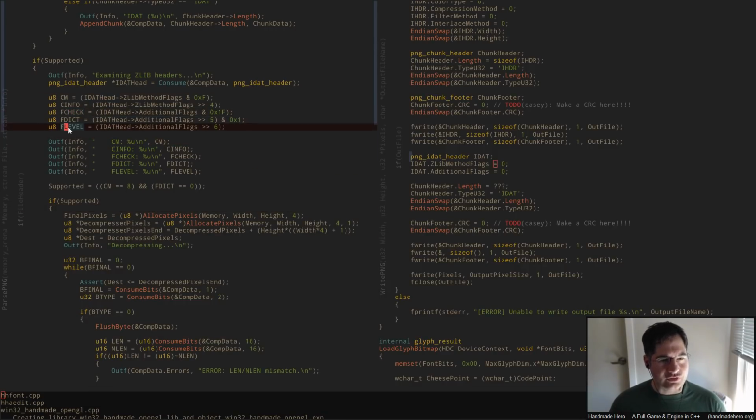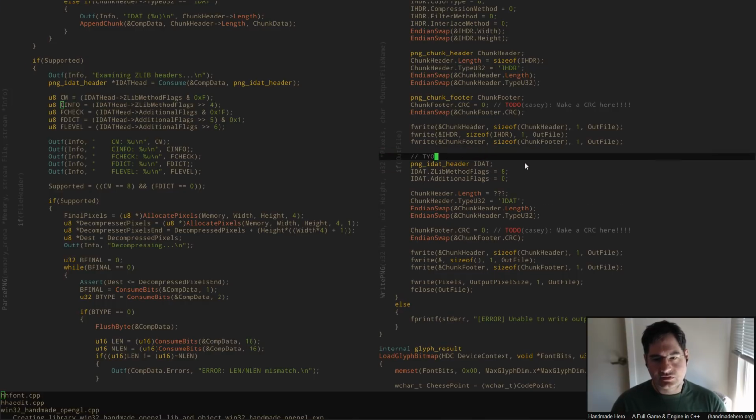So I'm not really sure what we should set these to. We'll have to find out because we're probably going to write this out wrong. So I guess I'm going to have to say, look, we know that the zlib method for CM has got to be 8. We don't know what cinfo should be because we don't use it. So we have to look up what that should actually say because I don't know. But it looks like we want to set that to 8 to do